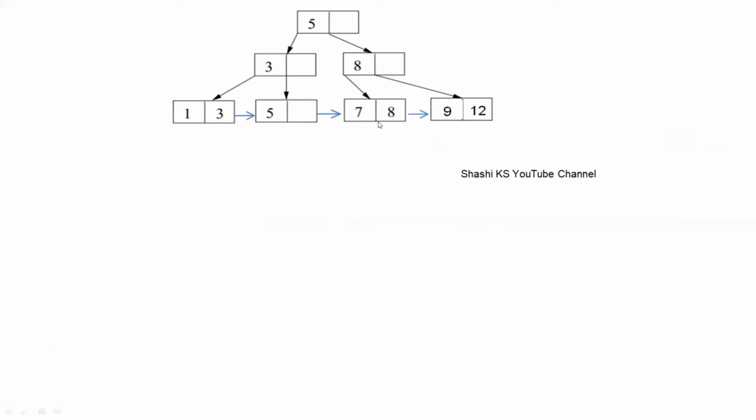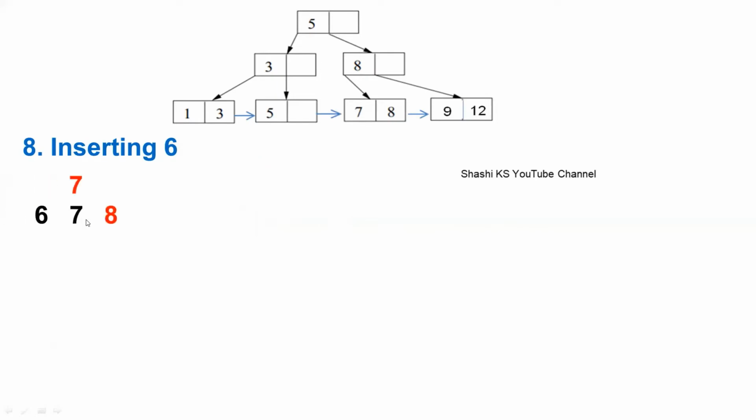Next, currently we have the B plus tree like this. Next, we have to insert 6. When you try to insert 6, 6 is greater than 5. So you have to traverse the right pointer of 5. And then 6 is less than 8. So you have to traverse the left pointer of 8. Here you have to insert 6 in this particular leaf node, but this particular leaf node is full. And when you insert it in sorted ascending order, we'll be getting 6, 7, and 8.